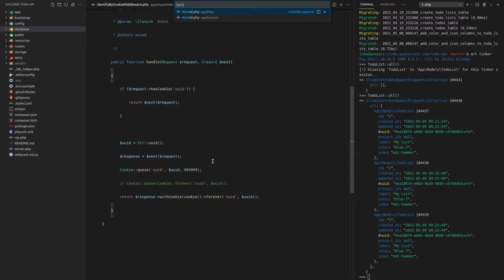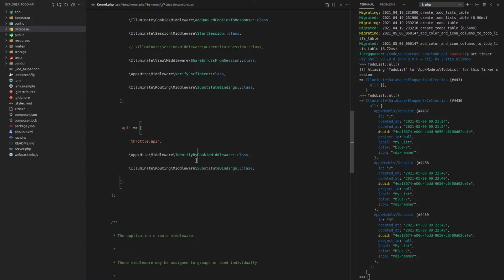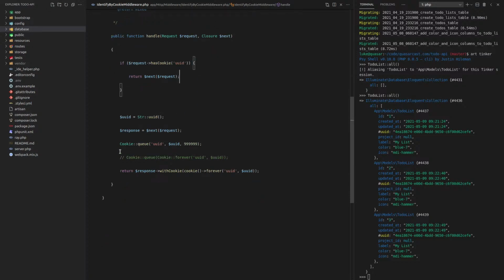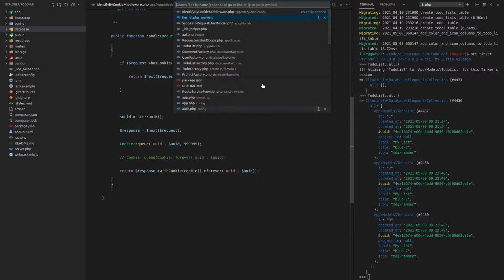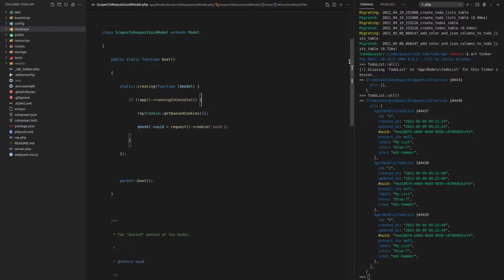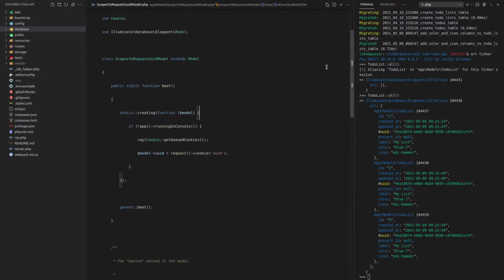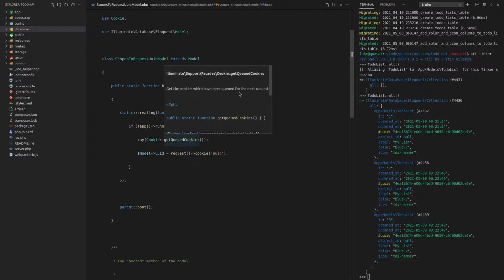Let's go into our kernel and have a look at the order of things here. So it goes through all of this before it hits the route, identified by cookie. It sees that it doesn't have the cookie, and therefore it adds that cookie to the queue. So then I end up in here. Is there a way I can get rid of that scope part? The other thing I'm logging with Ray? No. So then in here, I should be able to say get queued cookies, get the cookies which have been